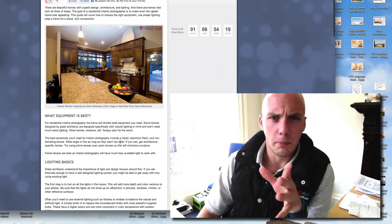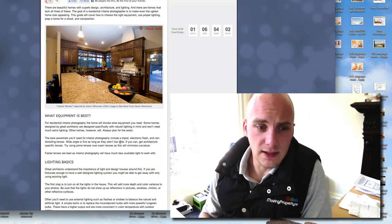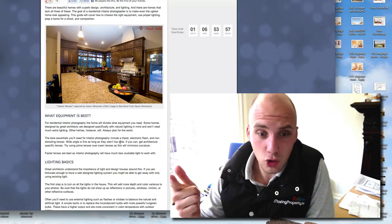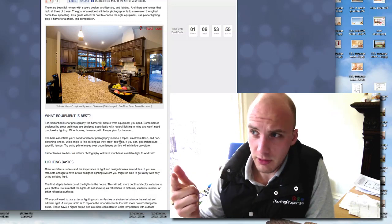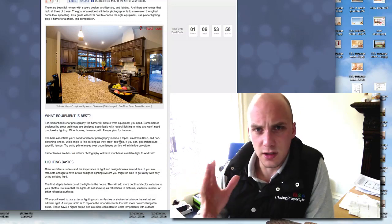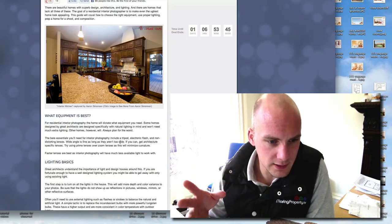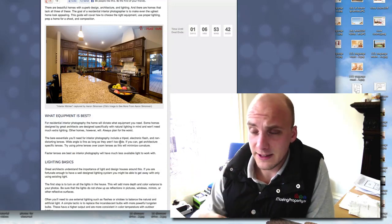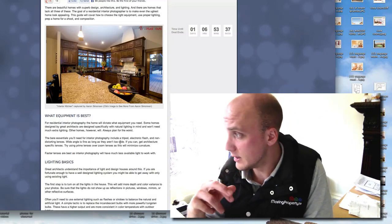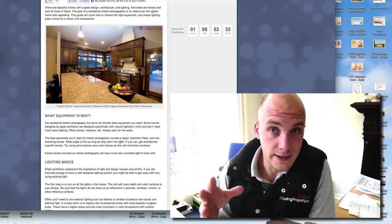Just a couple of things that I'll mention that it says in here. Okay, the first thing it says, the bare essentials you'll need for interior property photography include a tripod, electronic flash. Is there any other thing that can be a flash? Dynamite, you could use that. A flash and non-distorting lenses. Pretty much you're not going to find any lens which doesn't distort in some way or form. So you're probably just going to have to Photoshop and get rid of any distortion that you get in 99%